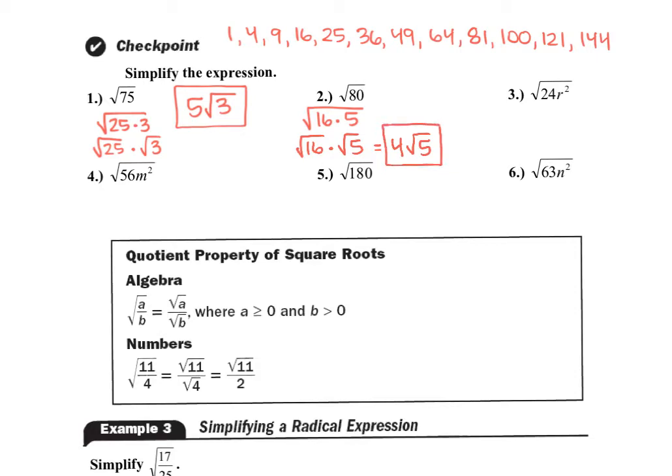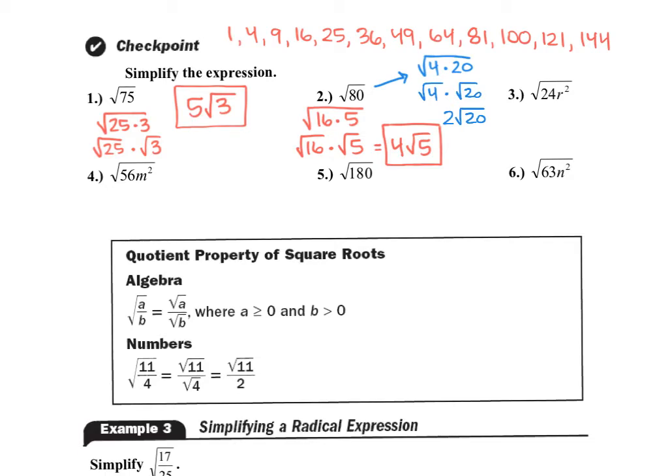Now, let me show you what would happen if you used 4. So if you said that 80 was 4 times 20, that would be true. That is a true statement. And we could split this into the square root of 4 times the square root of 20. The square root of 4 is 2, so we would have 2 times the square root of 20. Now, that is mathematically correct. However, the problem is 2 times the square root of 20 is not